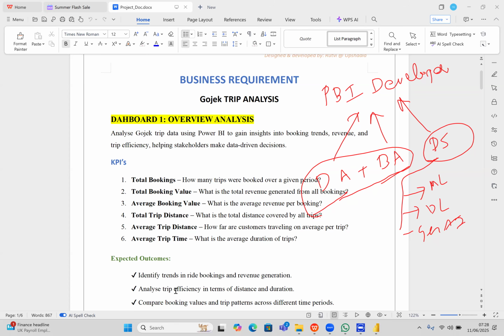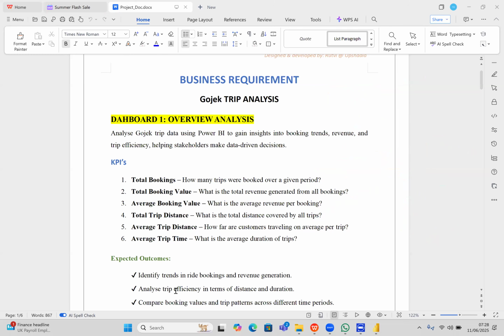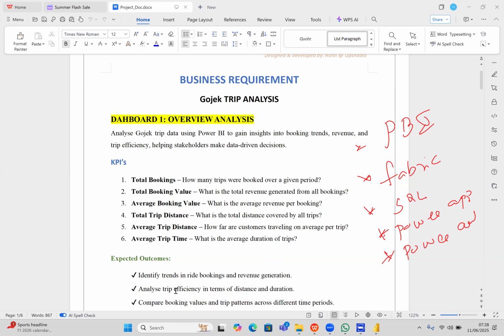Fabric is a very powerful predictive analytical solution also, where you can develop machine learning models and integrate your analytics. So it all depends; basically these are all very powerful skill sets. So what are the skill sets? Power BI, Microsoft Fabric, SQL, Power Apps, Power Automate, then basically